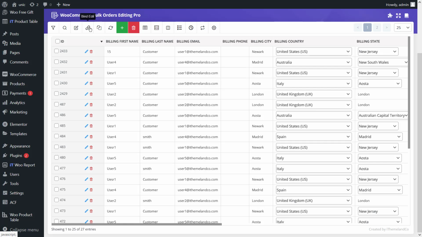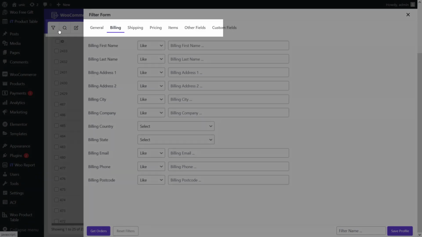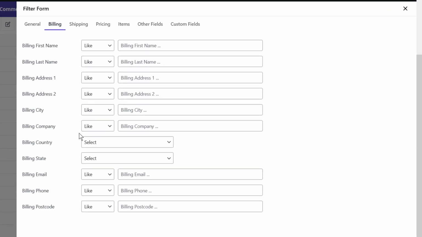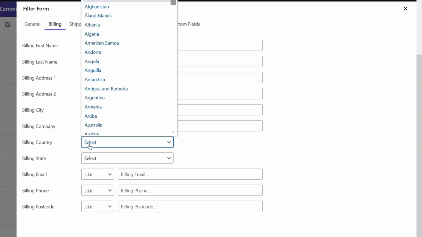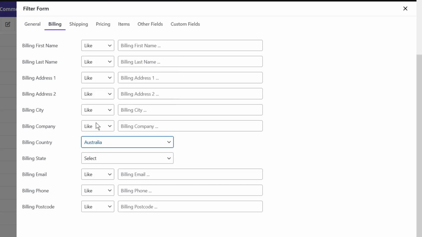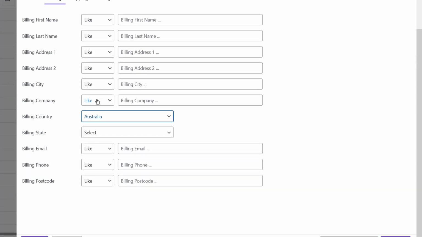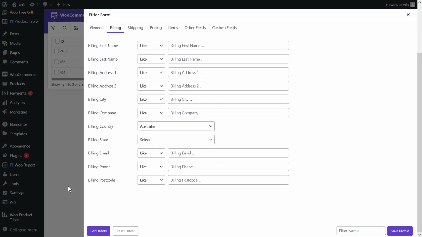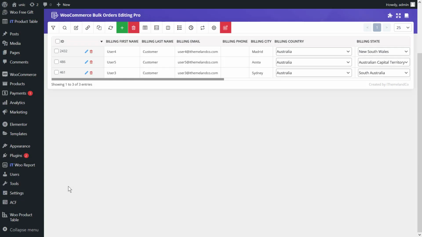So to filter those orders, first you should open filter form from the main page. Then go to the billing tab and open the combo box in front of billing country. Now go ahead and choose Australia from the default list and now click on get orders. So now we have filtered our orders, and now let's go to the next step, which is changing the multi-order